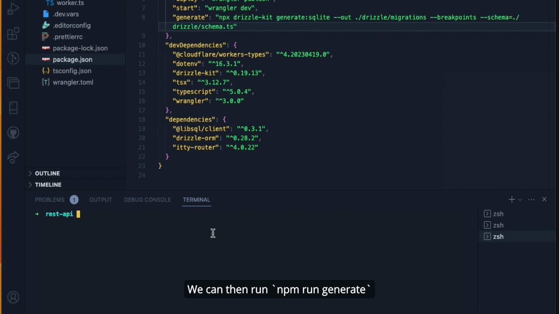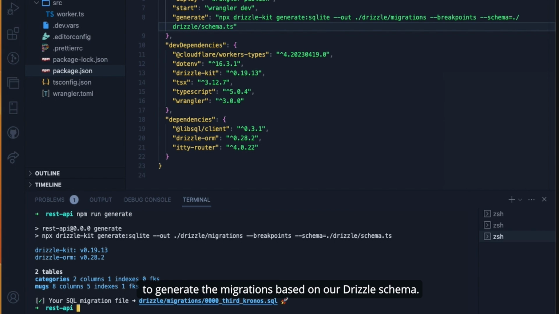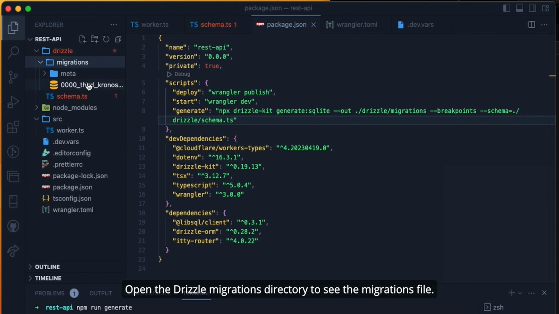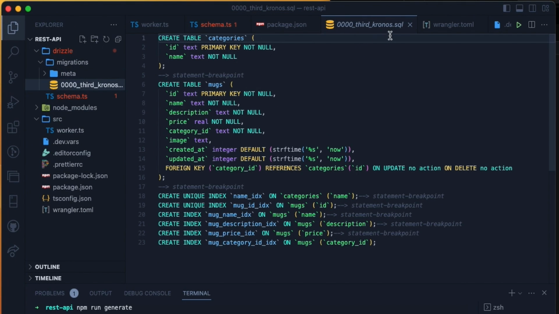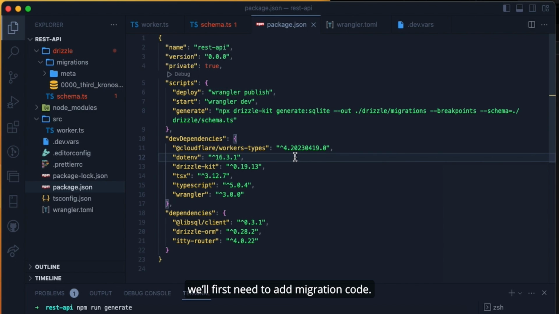We can then run npm run generate to generate the migrations based on our Drizzle schema. Open the drizzle migrations directory to see the migrations file. To migrate the generated schema to our Turso database, we'll first need to add migrations code. We'll create a migrate TypeScript file,